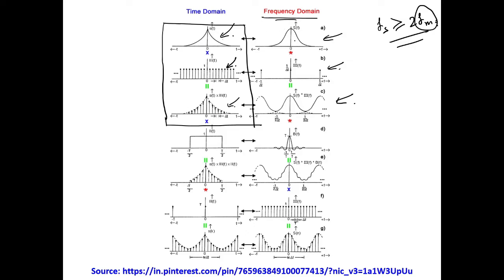We have a frequency component from minus fm to plus fm, say for example, and up to 2 fm it was having nothing. At these locations, it should have stopped. However, beyond this,